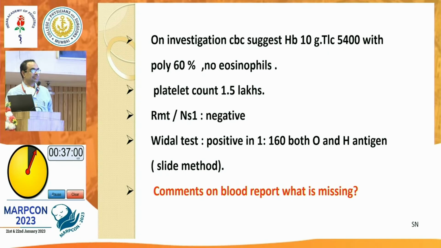And Vidal is positive at 1 in 160, both in O and H antigen by slide method. This is day 5 of fever, and Vidal positive in both O and H antigen is unlikely, because O is positive by 6 to 8 days and H is positive by 8 to 10 days. Okay, so it may be an anamnestic reaction. And what is missing? Missing is blood culture and typhoid. So we should do it before day 5, at day 5, if you are suspecting a bacterial disease,